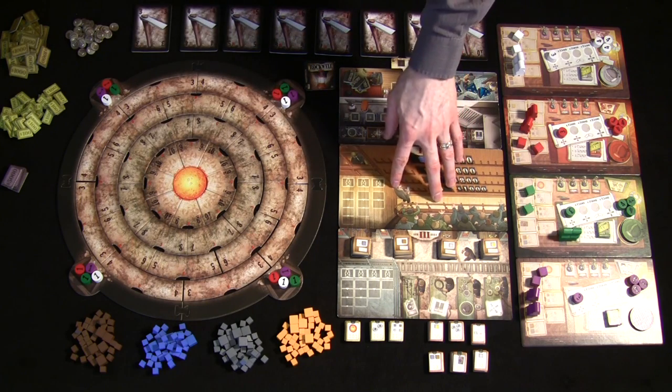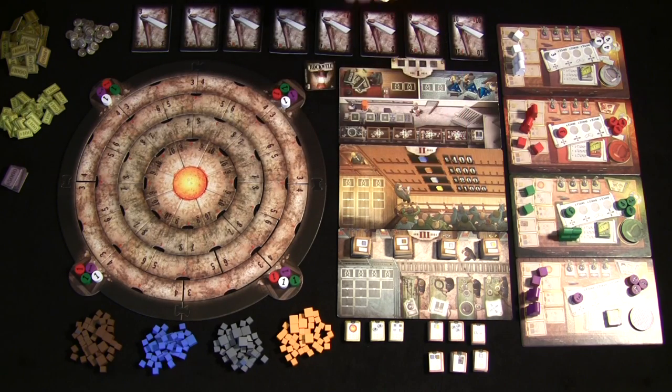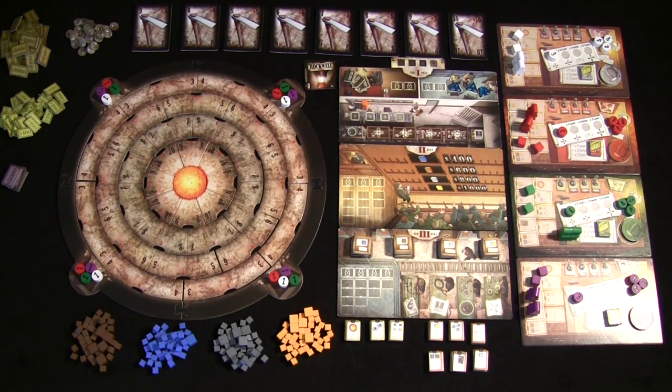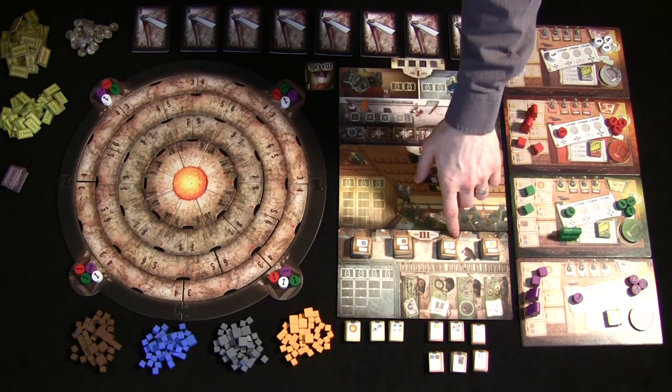The next thing you're going to have is your phase 2, where you're going to sell your resources on the stock market or buy resources or anything along those lines in an effort to try to accomplish these achievements. And then finally, during the 3rd phase, you get a chance to make your deliveries for victory points, and